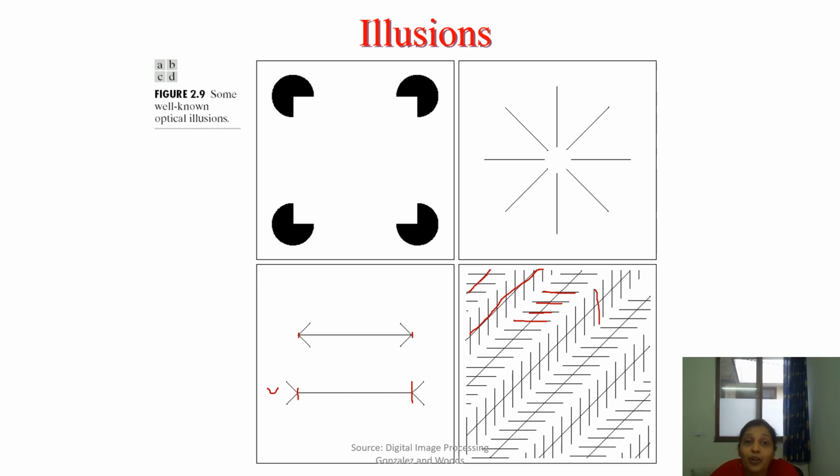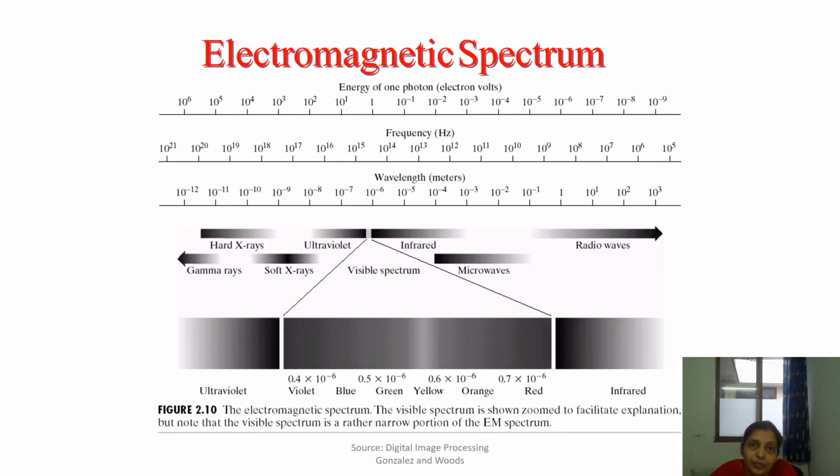But this is very difficult for a computer to understand. Why are we studying image processing? Because we want the machine to be able to behave like a human being. The computer should be able to behave and take decisions like a human brain, and that is very difficult here. Why? Because we have some knowledge, and based on our knowledge we are perceiving things. So these are the challenges in image processing.